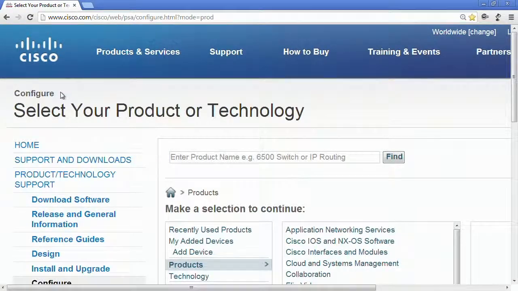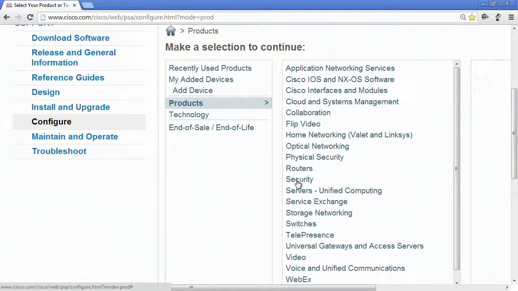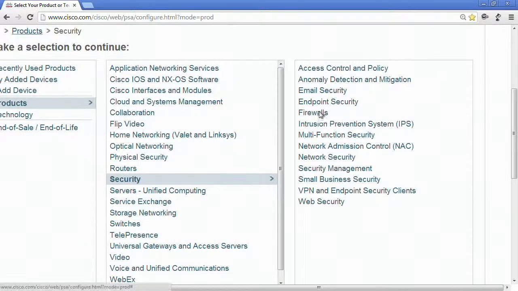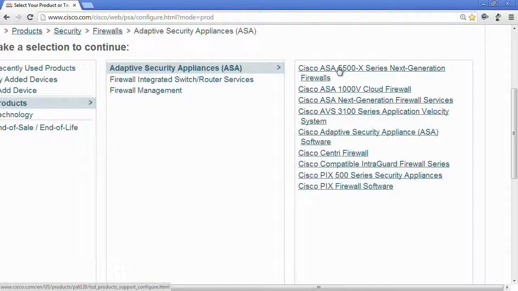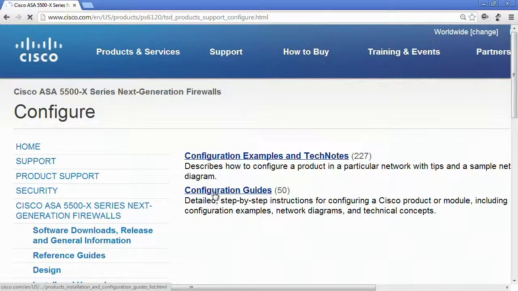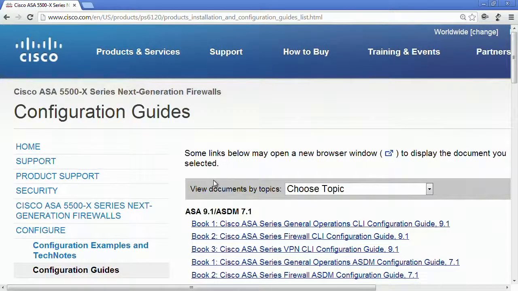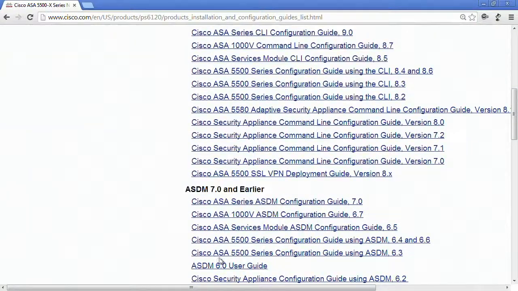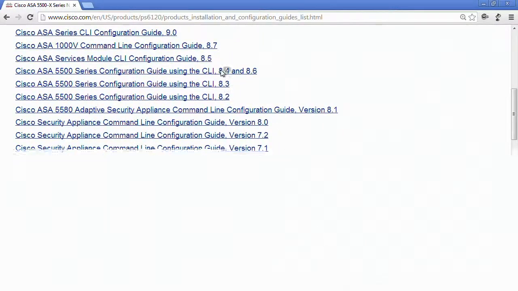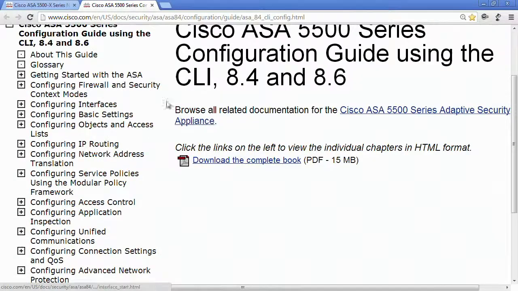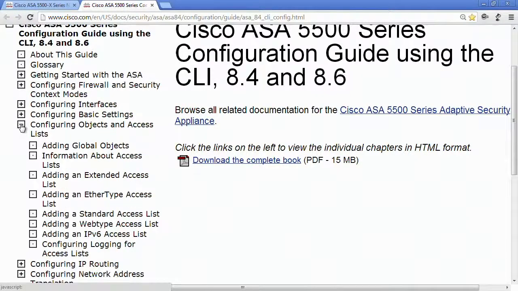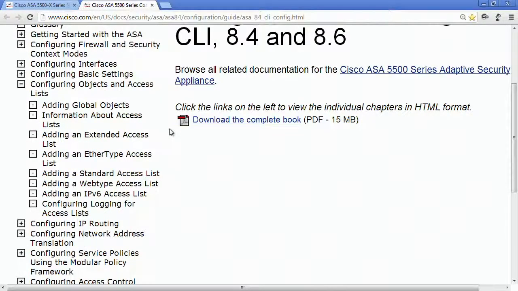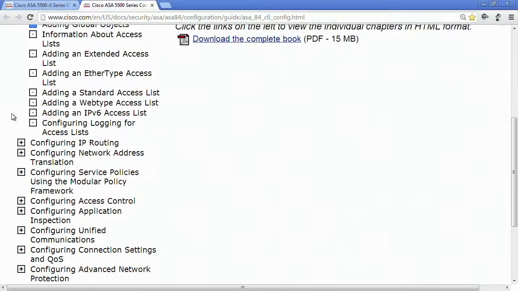Okay, so from the main documentation page, again, we go to products, security, firewalls, ASA 5500, configuration guides, 8.4. Then this is going to be under... I'm not sure if this is under objects and access lists, or if it is under